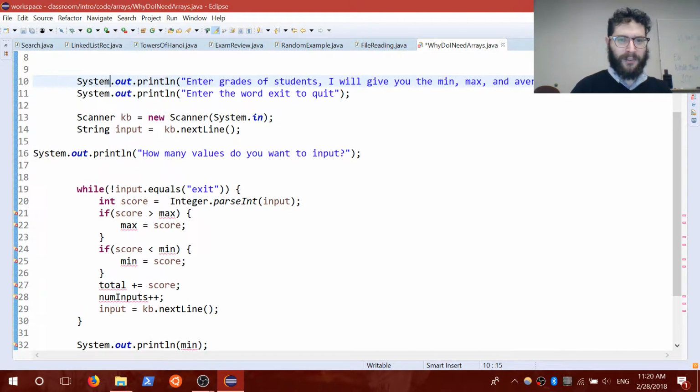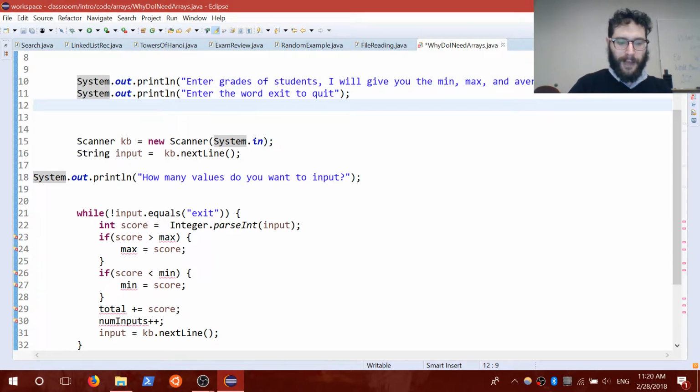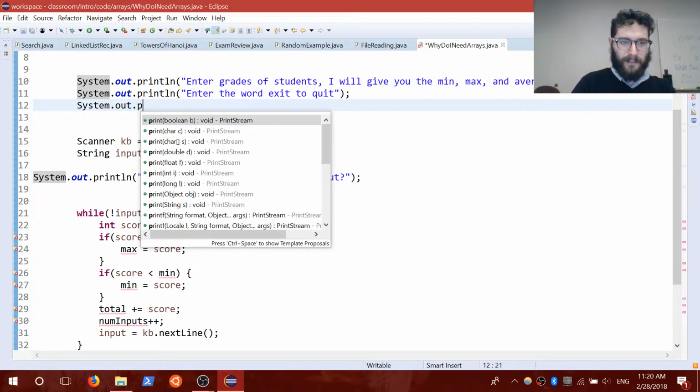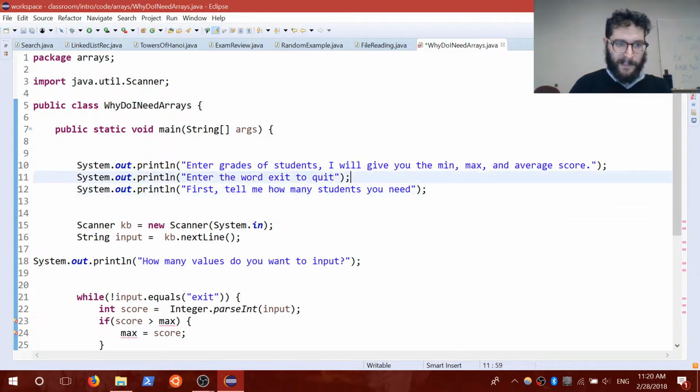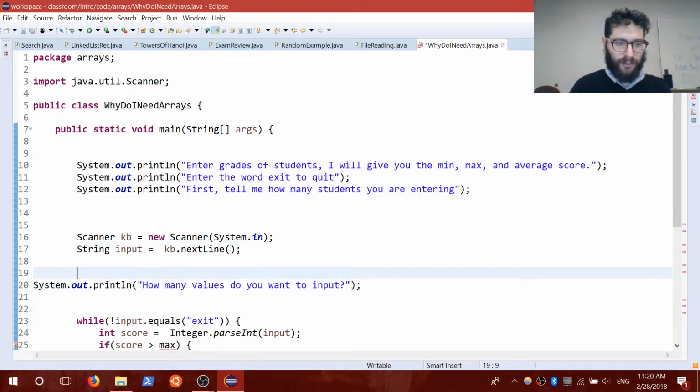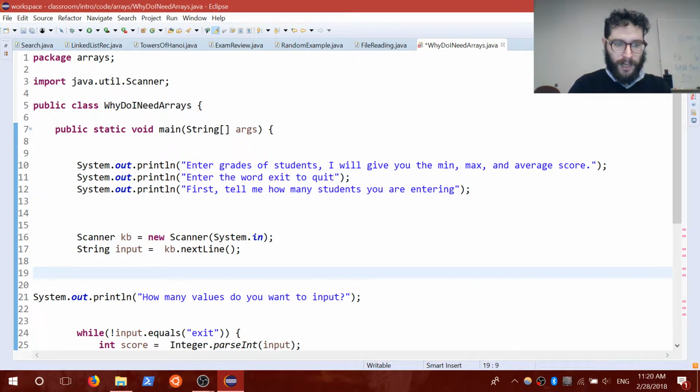So: enter the grades of students. I will give you the min, max, and average score. Enter the word exit to quit. System.out.println: first, tell me how many students you're entering. Okay, so the first thing we'll do is tell it how many students we're entering. So we'll go int numStudents is equal to,